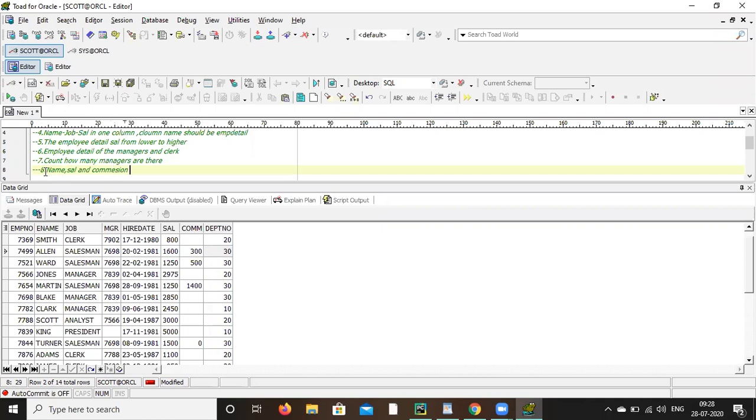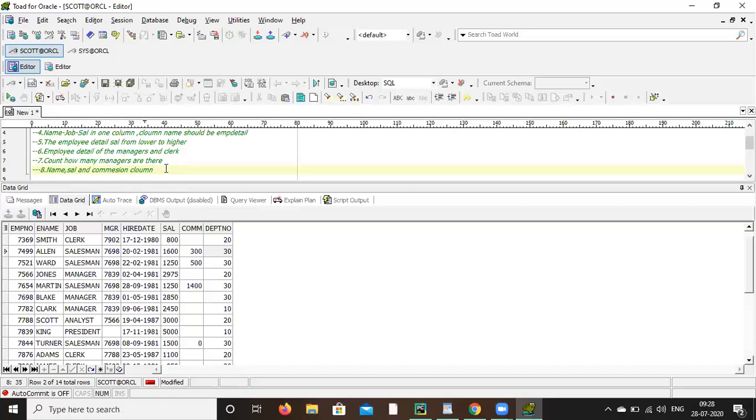And one more column that is called a derived column. Which column is not there, you have to derive. Derive means you can calculate something, and I can give some name to that column. So that is called a derived column.